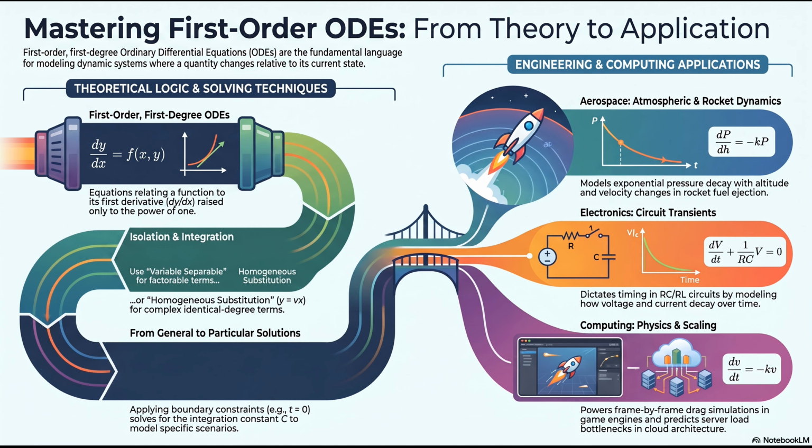Let me guess. The cloud platform uses an ODE to watch the rate of change in real time. You got it. And if the server queue is growing at a rate that mathematically predicts a catastrophic bottleneck, the system uses that slope to trigger an auto-scaling algorithm. Yes. It literally spins up backup servers before the crash ever actually happens. Precisely. The exact same foundational math that calculates wind drag on a digital car is dynamically calculating server loads to keep the entire modern internet from collapsing under heavy traffic.